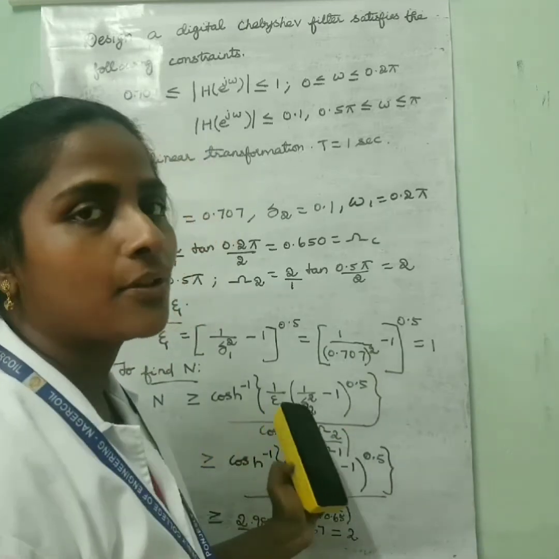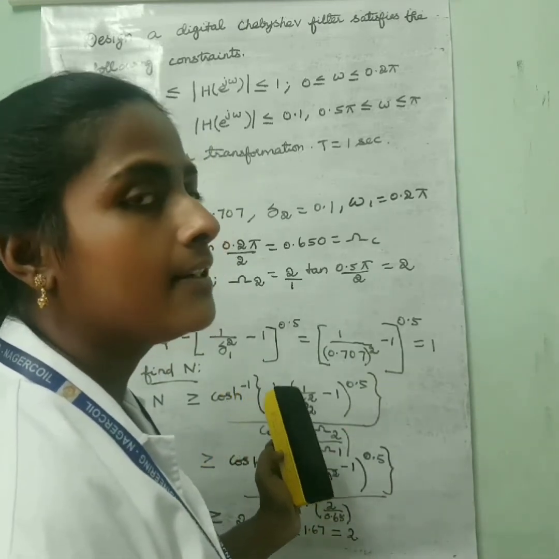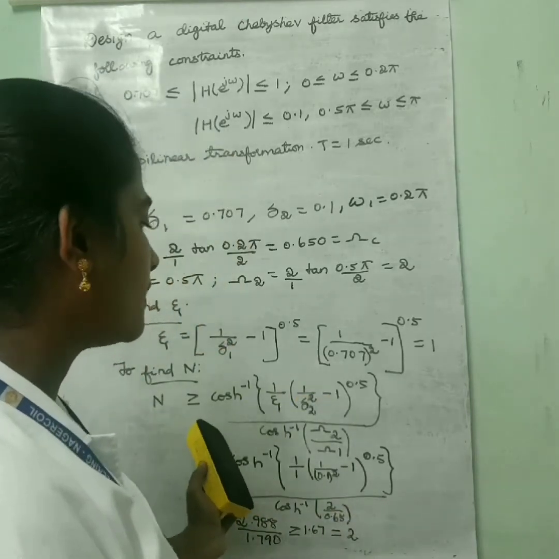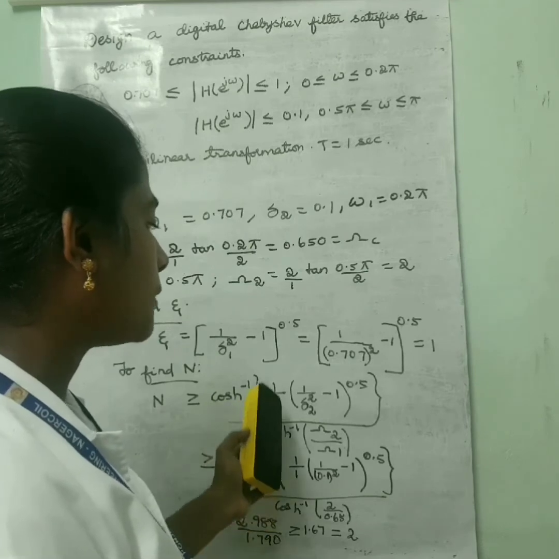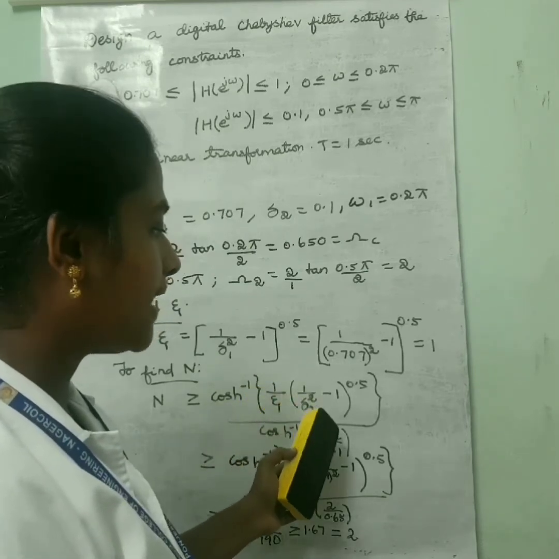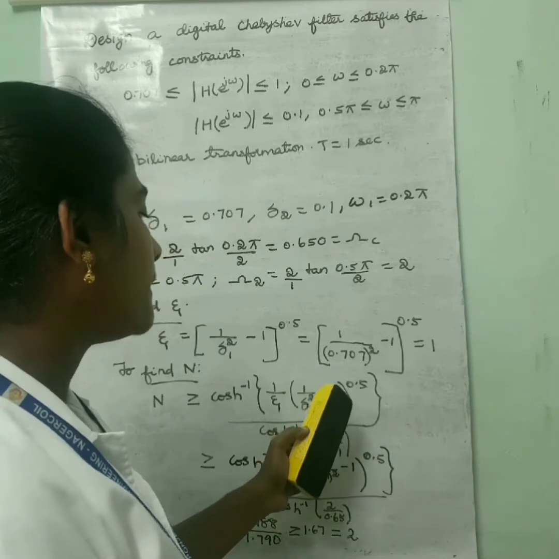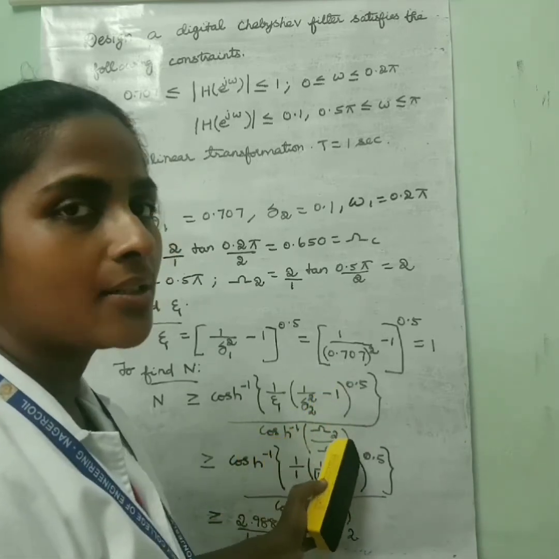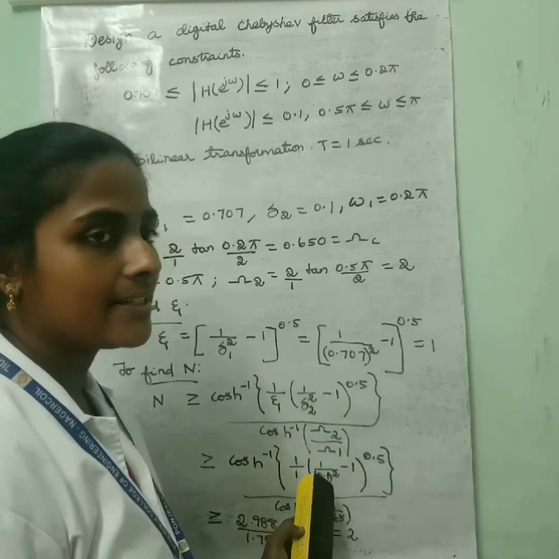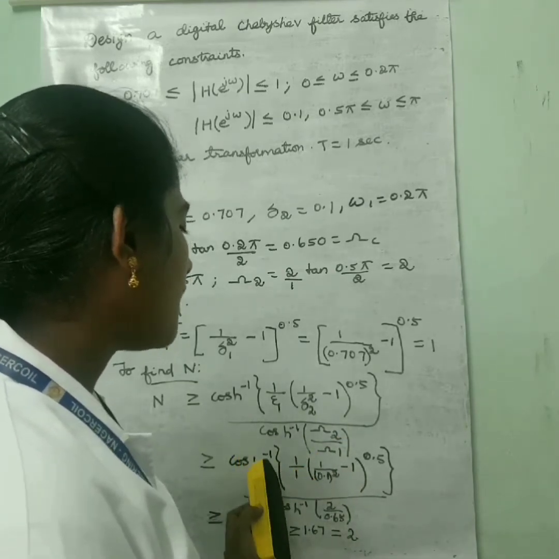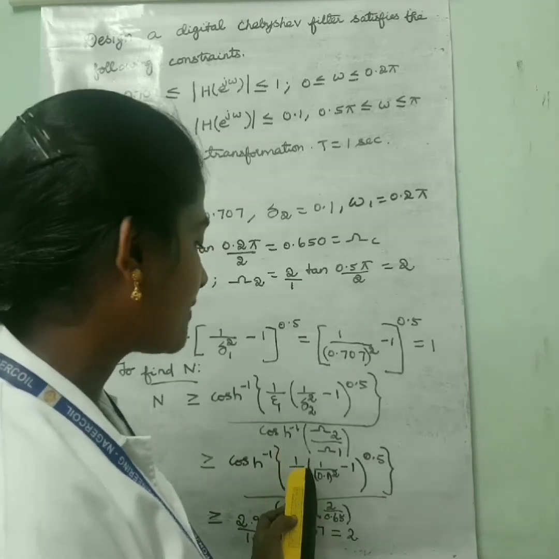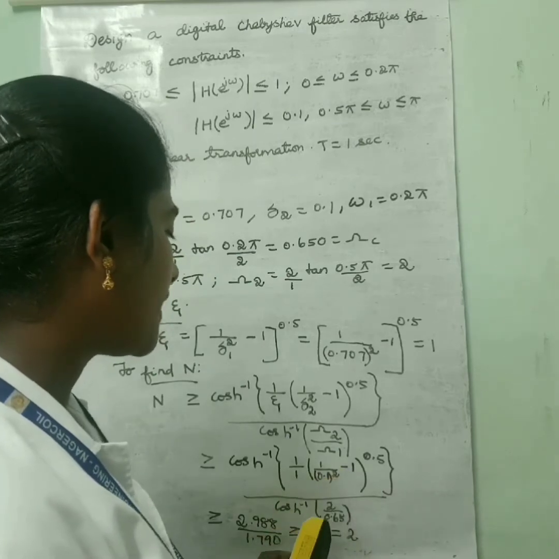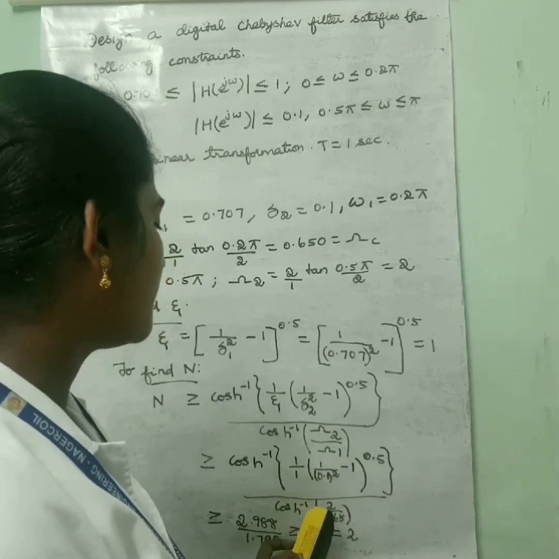Next step is we have to find the value of n, that is, the order of the filter. So n is greater than or equal to cosh inverse of 1 by epsilon into 1 by del 2 square minus 1, the whole power 0.5, divided by cosh inverse of omega 2 divided by omega 1. In the next step substitute the values. Cosh inverse of, we know that epsilon value is 1 and del 2 square is 0.1, and here omega 2 value is 2 and omega 1 value is